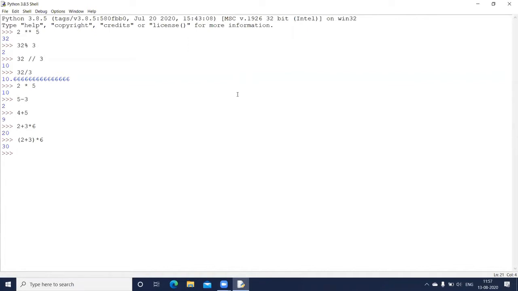The highest priority is always given to the brackets first, and then the exponent operator, followed by the multiplication, division and integer division operators, which come as the second priority, and it goes from left to right. Whichever comes from left to right, it will execute that one. The last one is your arithmetic operators, which are addition and subtraction, and again the direction is always from left to right.